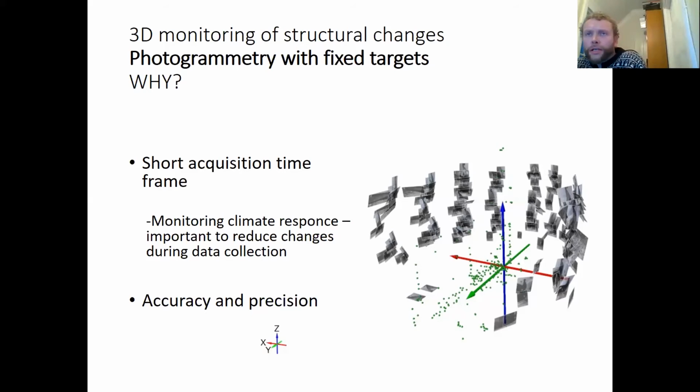So the acquisition time frame has to be short, and the changes are not very big, so you want to be able to detect small changes. Accuracy and precision are also a primary factor. This brought us into